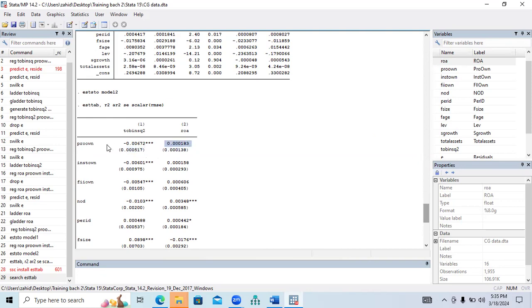So you can see here that in case of Tobin's Q, PR ownership is negatively and significantly impacting the Tobin's Q. While in case of ROA, the PR ownership is positive but not significant. So you need to check what are your hypothesis. If it is according to the hypothesis, then you can keep it. But if it is not according to the hypothesis, then you need to drop it. In the same way, if it is according to the hypothesis, you can keep it. But if it is not according to the hypothesis, but still it is significant, then you need to consider some